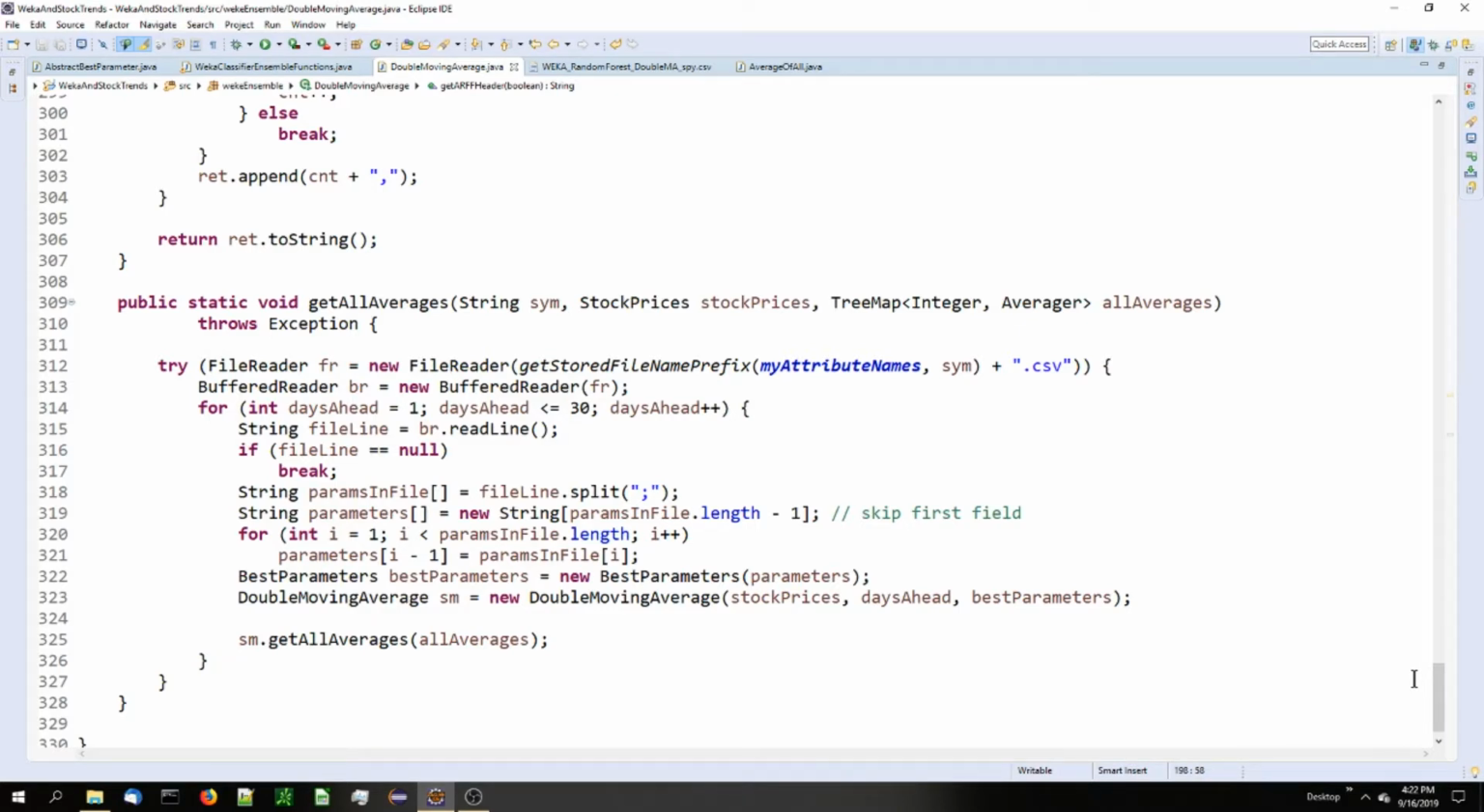Average of all will go through each of the classes that it knows about and calls this, and then it passes in an averaging field based on the number of days. This integer key is the number of days. It will read in that CSV file that we built before, reparse the parameters,